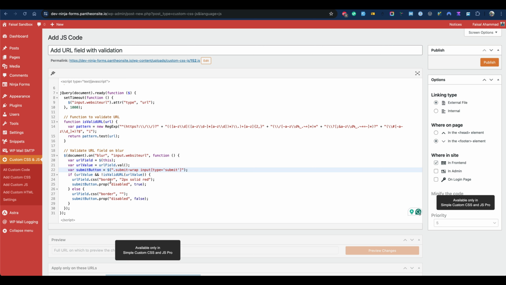So someone cannot submit the form and also gets a warning. Whenever someone types a valid URL, it also resets the border and removes the disabling of the button. So the submit button should work fine as expected. Let's publish,